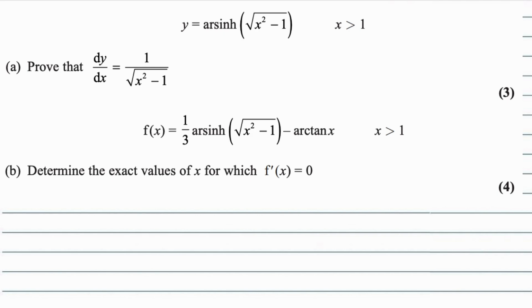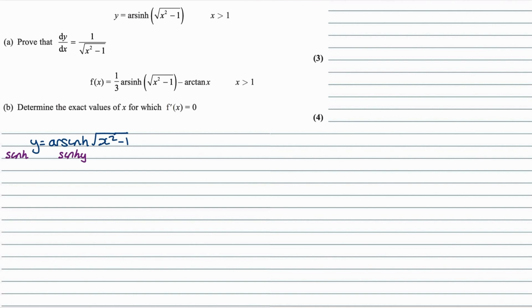The first thing we'll do is take the sine of both sides. By taking the sine of both sides, the arsinh and the sine will cancel. So we're left with sine y equaling the square root of x squared minus 1. And now we can cancel out the square root by taking the square of both sides. So sine squared y will equal x squared minus 1, and we can use the hyperbolic identity